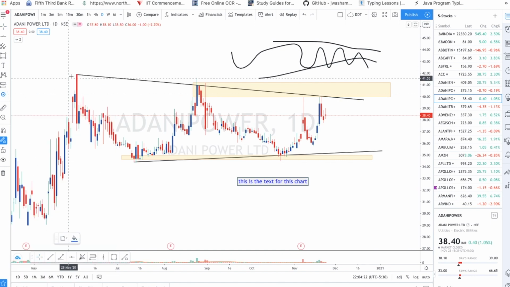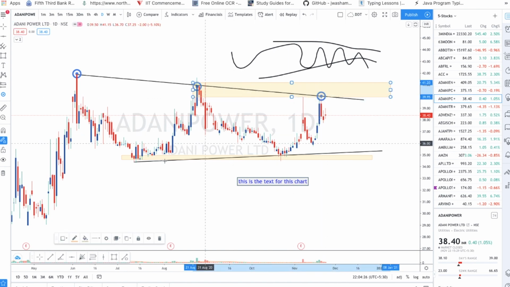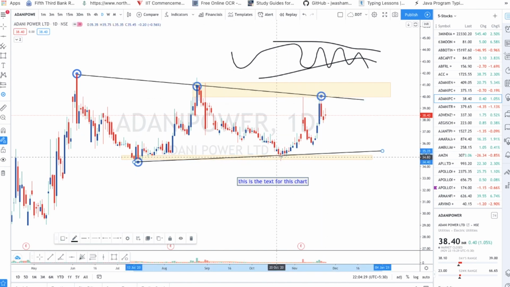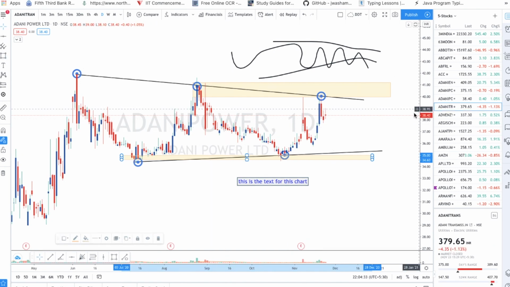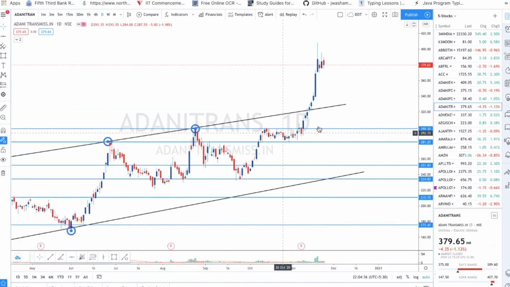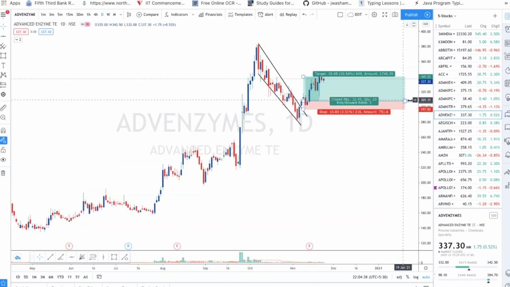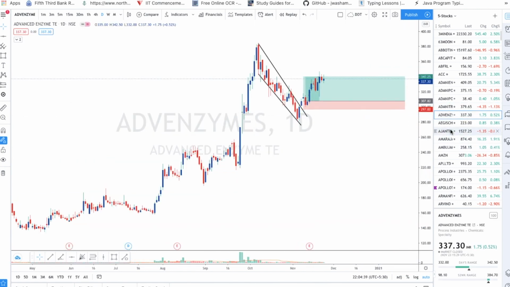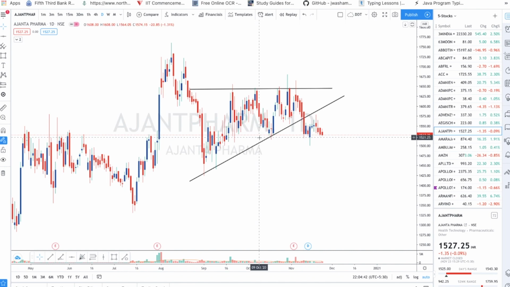Okay, so this is a symbol which I use to show you how to get the maximum touches. Wherever it is touching, I'm just pointing it out. So that's what I am using, but I don't think that is needed for you. Okay, so like this, suppose we go to the next stock. Maybe I will open Titan.